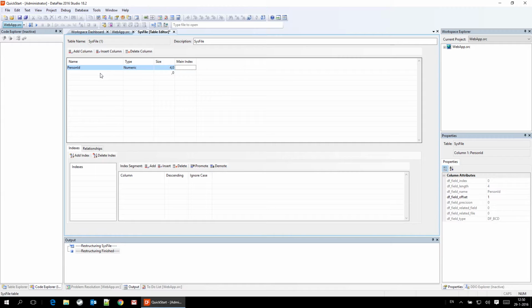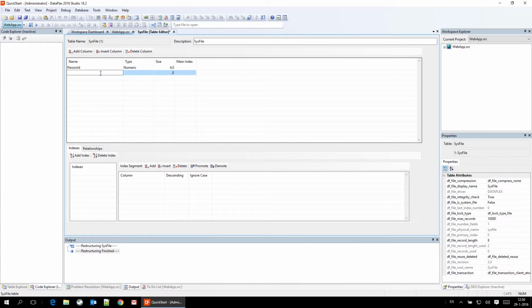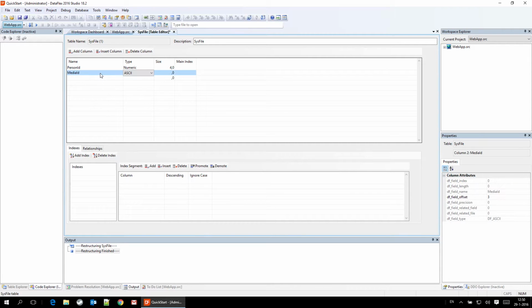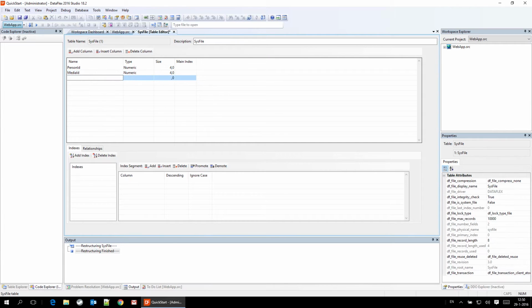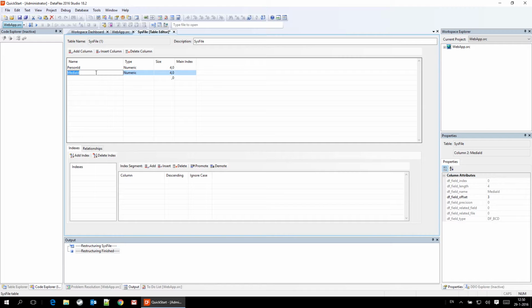4.0 means 4 positions in front of the decimal point and 0 after, so basically a kind of integer. And I also need a field to hold the last media ID and make that also numeric. By clicking on the N, it automatically selects that and makes it 4 positions. Because this is a system file, it means that it can only hold one record, and that should hold the